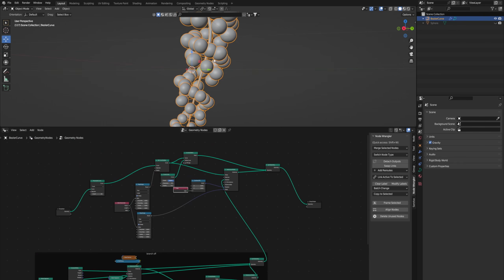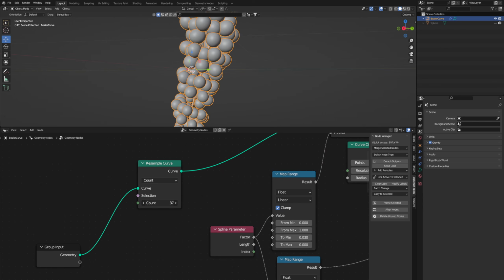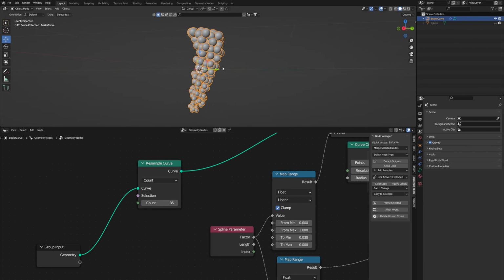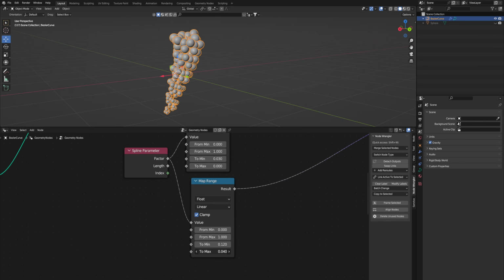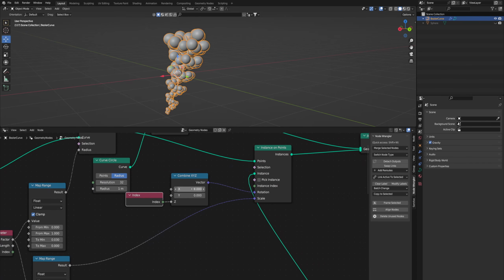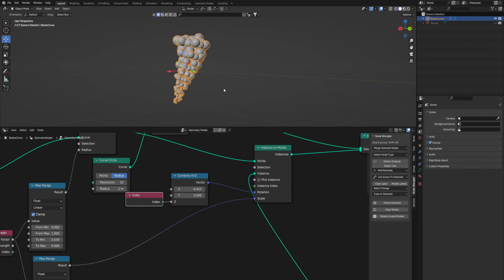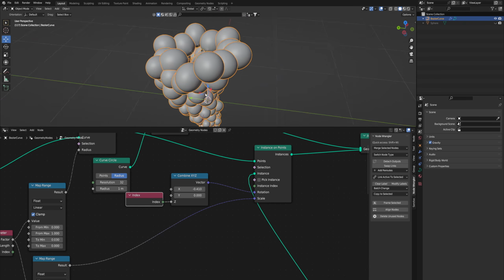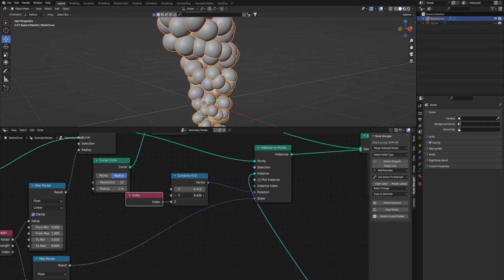The way to make more grapes here would just be turning up this resample curve. So if we bump it up to like 35 maybe, you can see a lot more of these grapes. And then you can play with these settings a bit more too. In some rotation, this X value at 0, they're intersecting each other. So if you turn it down a bit, you can get them to separate. And since nothing's really physical based, there are some that intersect. I'm not sure if there's a way to really get around that other than just separating them a bit more.